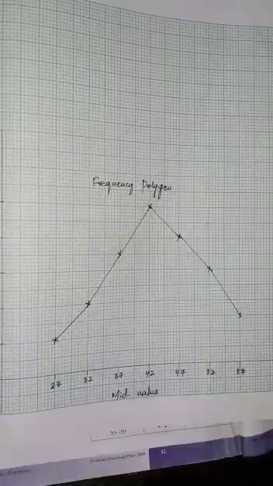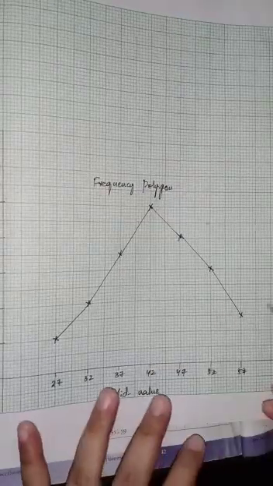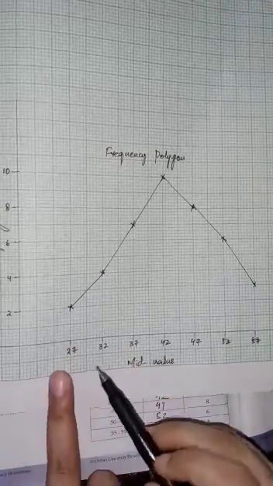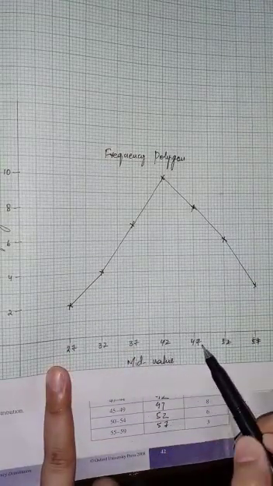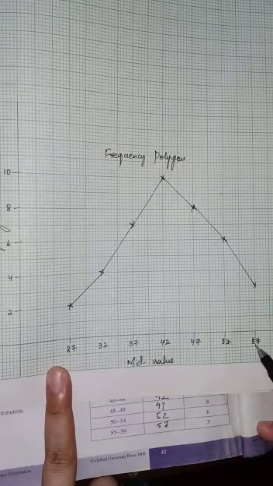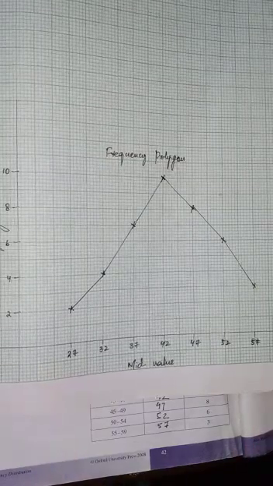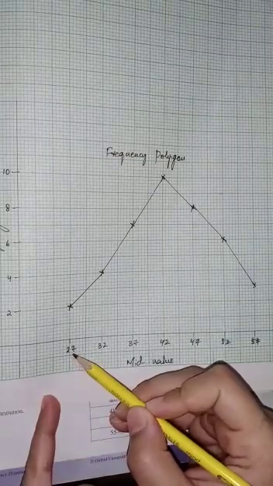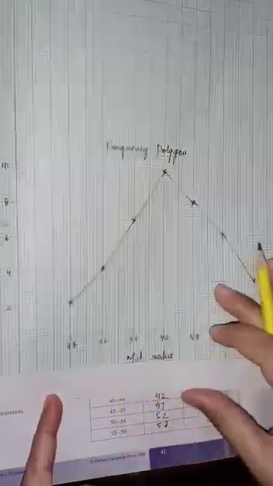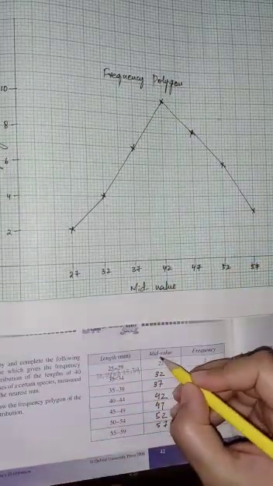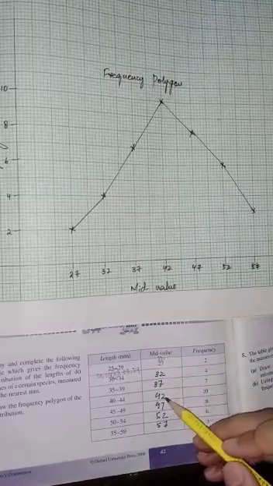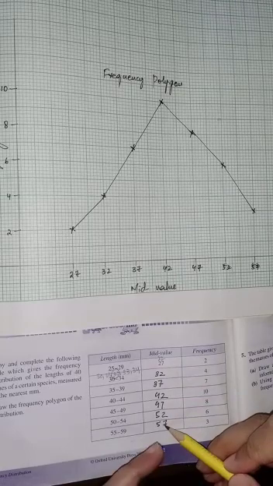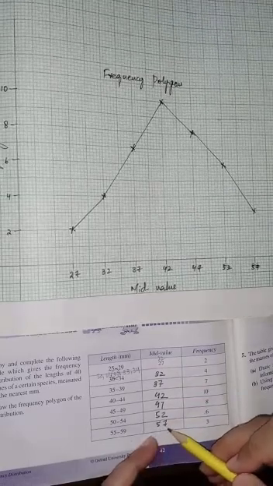How will we close this polygon? If you check this pattern, 27, 32, 37, 42, 47, 52, 57, it means that before 27, what must be the value? Before 27 we must have 22: 22, 27, 32, 37, 42, 47, 52, 57. Then after 57, what will be the value?